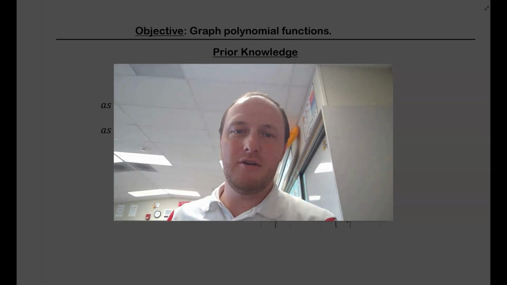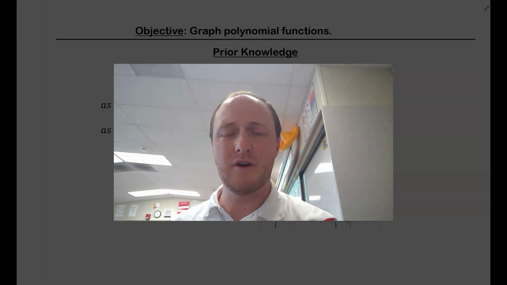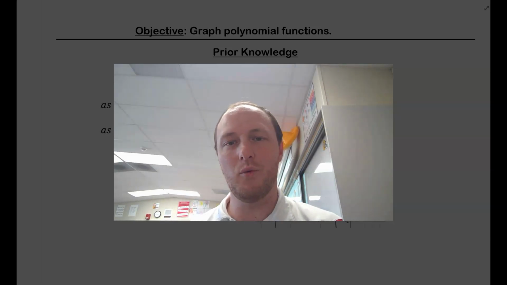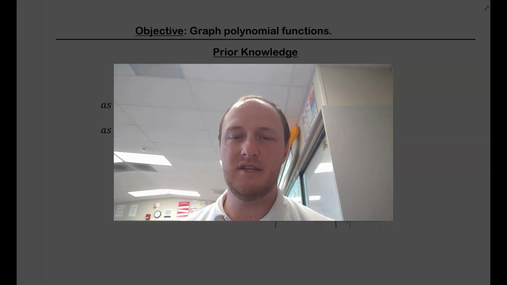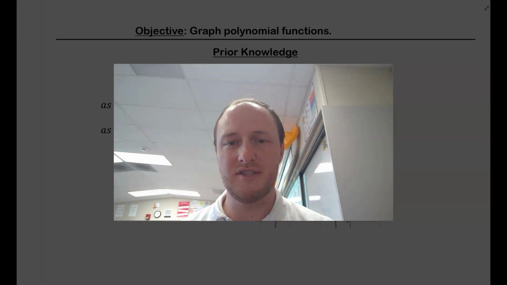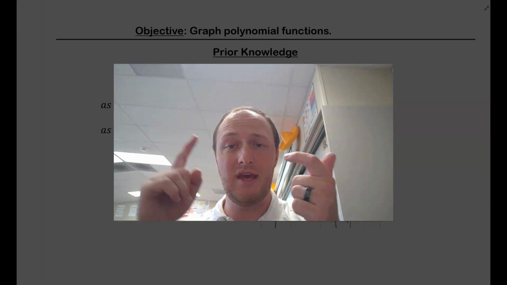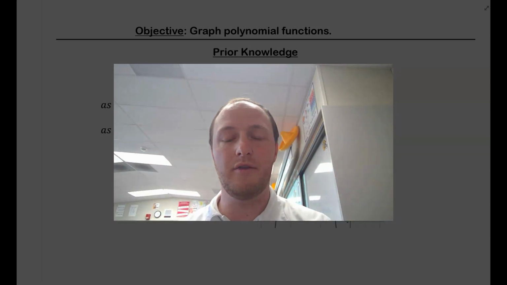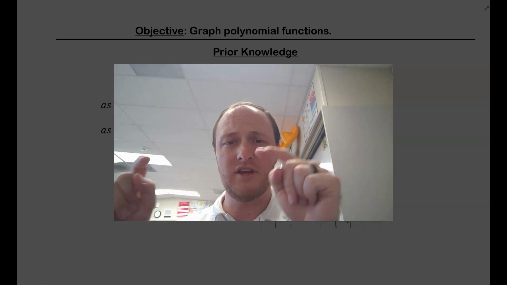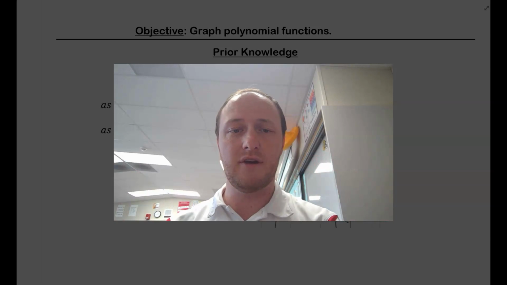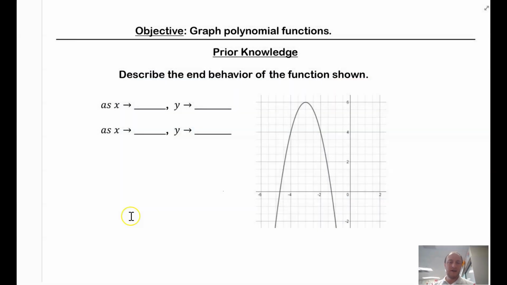Hello, welcome to this video on graphing polynomial functions. This is 3C lesson 1. I'm going to split this lesson into two videos. This lesson is going to focus on graphing polynomial functions based upon end behavior, so what happens at the end of a function, and then the zeros, so kind of where they intersect or what their x-intercepts are in the middle of the graph. Okay, so without further ado, I'm going to go ahead and get your prior knowledge going